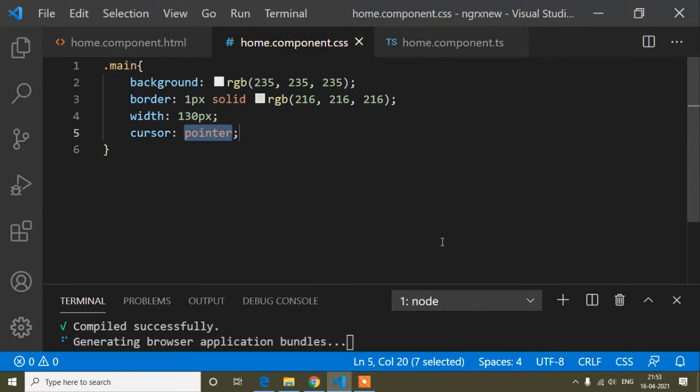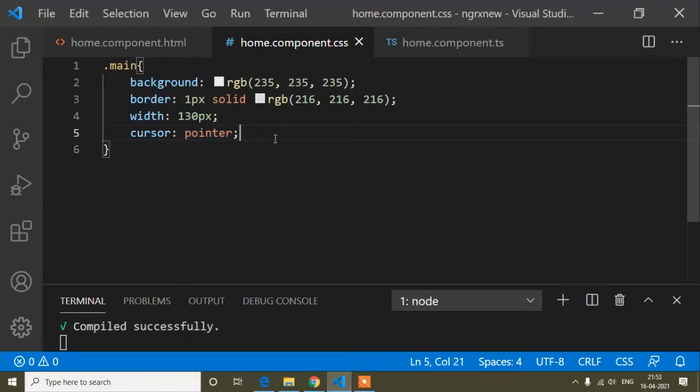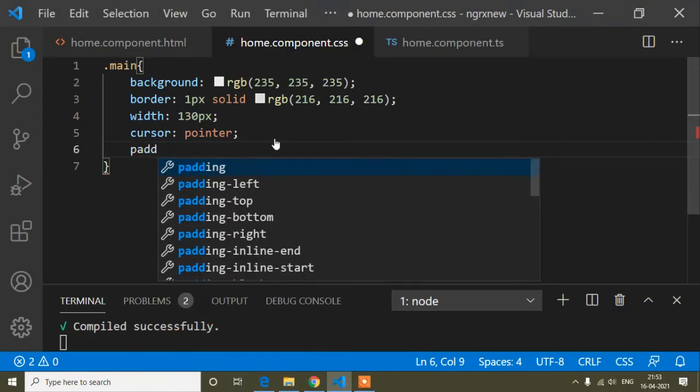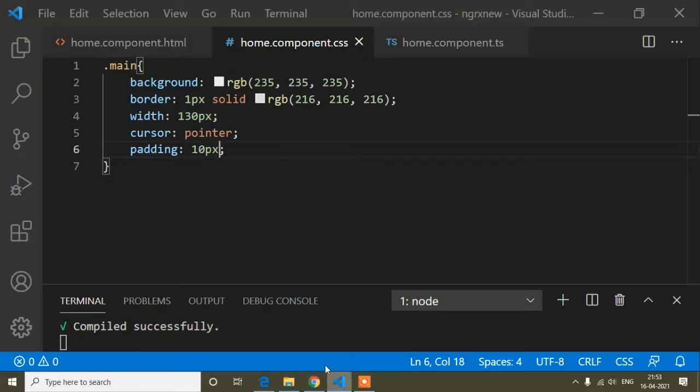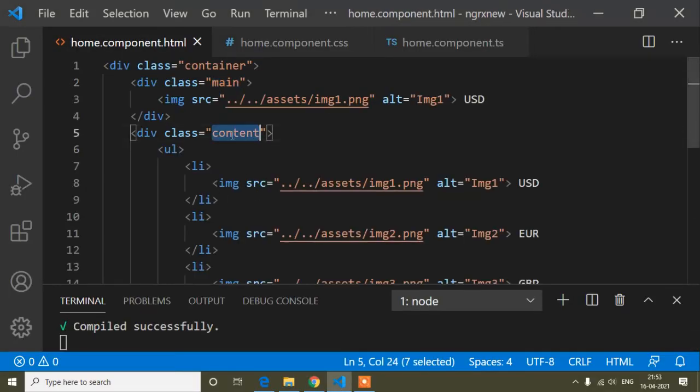So now let's see. Here you can see that it's added this way. So here one more thing I will add, that is padding. Padding is 10 pixels. So you can see that now. And now I will make a design for this content. So here I will write content.